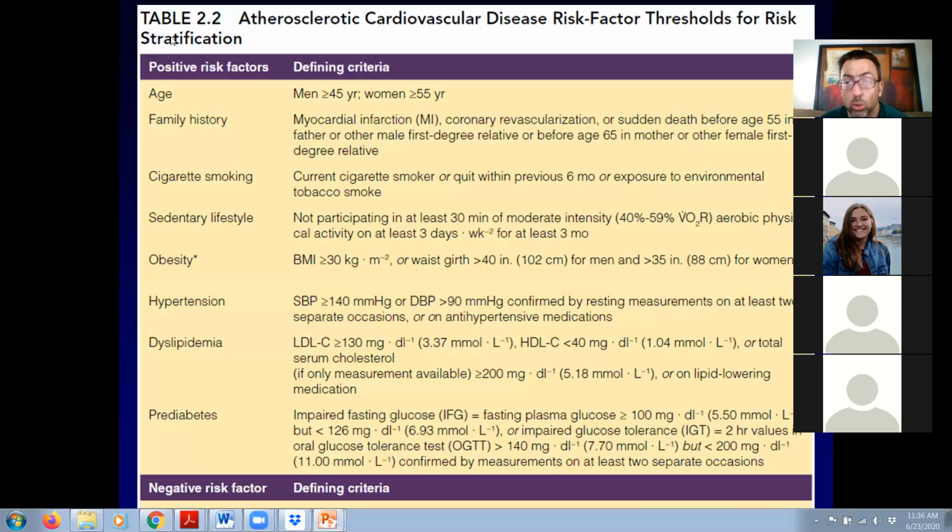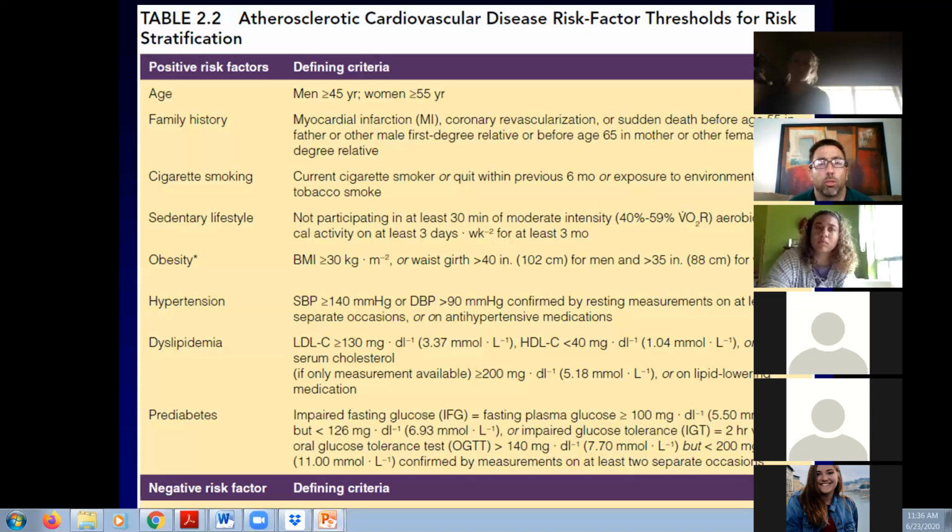That's called an oral glucose tolerance test, and that can also be used to diagnose a person as being diabetic. So if you have impaired glucose tolerance, where it's not bad enough to be diagnosed as diabetic, but it's higher than normal, that's going to count as you being at risk for being a pre-diabetic, and that is a risk factor as well, okay? So here's what I want to know, guys.